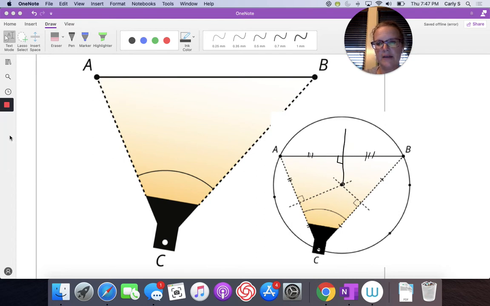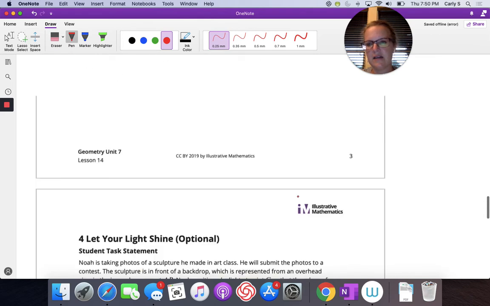Okay, let's look at it. So if we continue to look at this circumscribed circle right here, well, my head isn't really any point on the front side of the backdrop, if this is the backdrop, is going to work. Okay, any point on this side of the backdrop is going to work for this problem. Okay, we'll be able to see the sculpture on the front side of the backdrop, right? And honestly, this one right here,